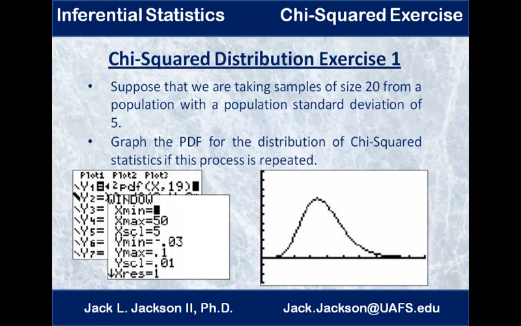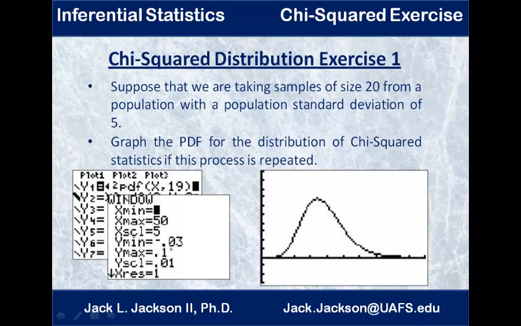Choose chi-square PDF. It'll probably be the last one on the first page there. And then we give it x, comma, and then the degrees of freedom, which are 19. Choose an appropriate window. 19 is still pretty close to 20. 2.5 times that would be 50. It's close. 50 is okay. So about 50. And then